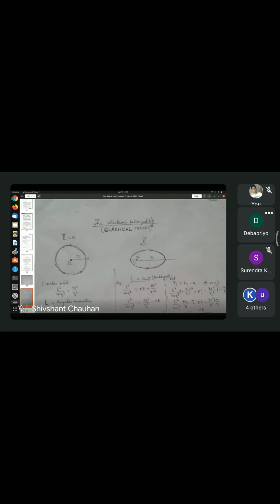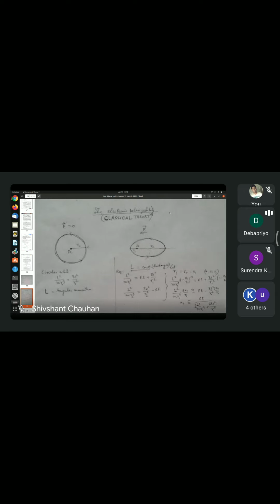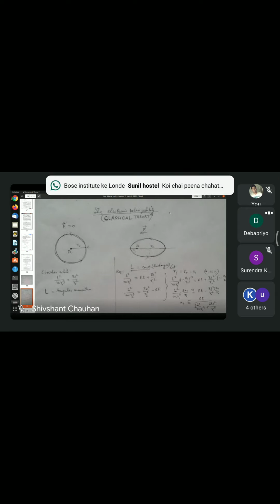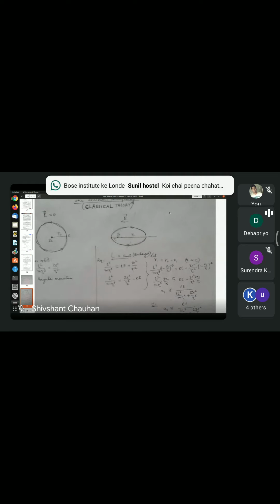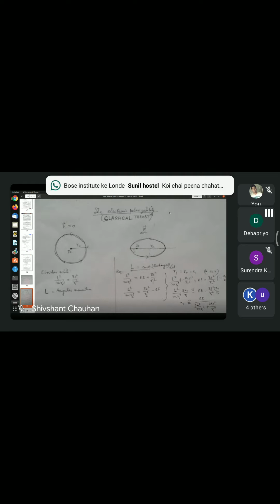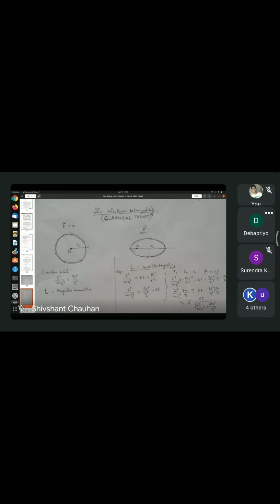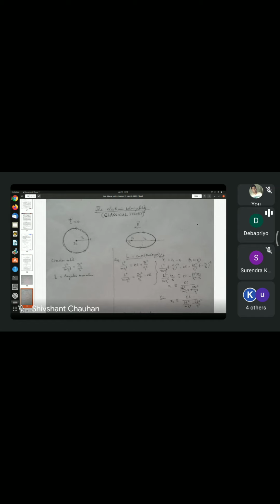This one, right. So I have done a small calculation of electronic polarizability. What you have here on the left hand side is the classical model of an atom, you can say the Bohr model. In the Bohr model, there's a nucleus with charge Ze, and suppose an electron is orbiting the nucleus. There is no electric field, and assume that the orbit is circular.